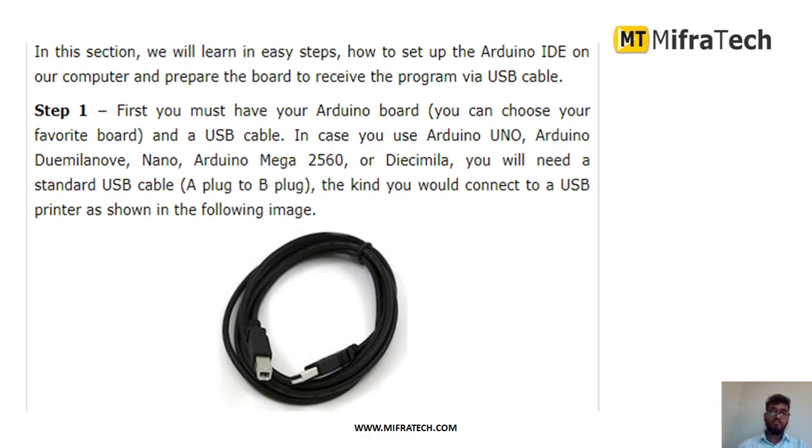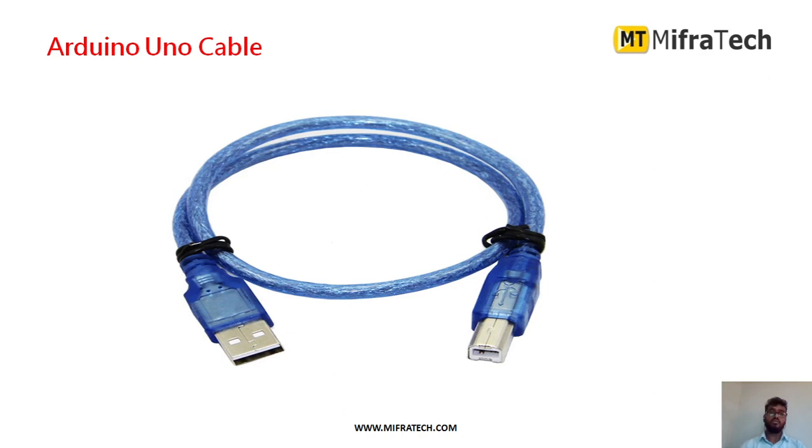This is what you can see in the picture. This is a USB type B cable, which is mainly used to connect Arduino Uno or Arduino Mega, generally for the Arduino Uno microcontroller. This one is a type A USB cable. I will show you the one for Arduino Nano. So this is the Arduino Uno cable, as I told, a type B USB cable. This is to connect your board. As you can see, the right side plugs into your Arduino Uno microcontroller board, and the left side, the USB type B end, is inserted into your system.